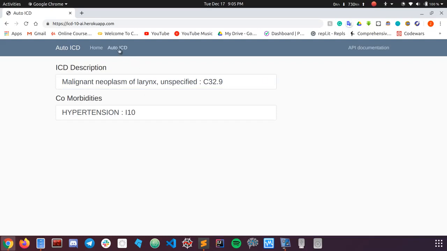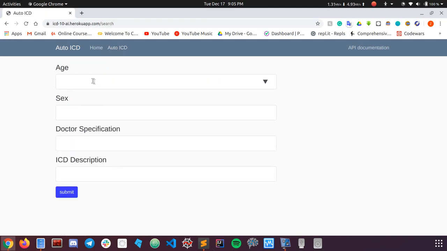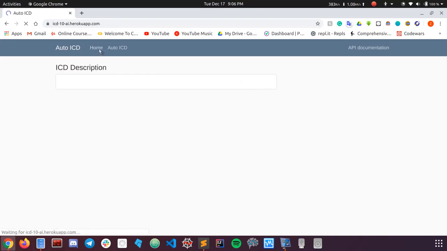Now coming on to the next page. This is an extension of the previous page. Here you have this ICD description. It's just a lookup. It doesn't suggest any code for a disease in a smarter way.